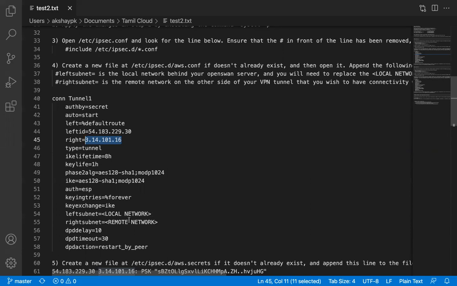And the remote network is your AWS side, which is 10.1.0.0/16. Once you add these connection details, specifically for LibreSwan and OpenSwan, you need to remove this auth ESP property, but otherwise everything else should work when you use some other device.